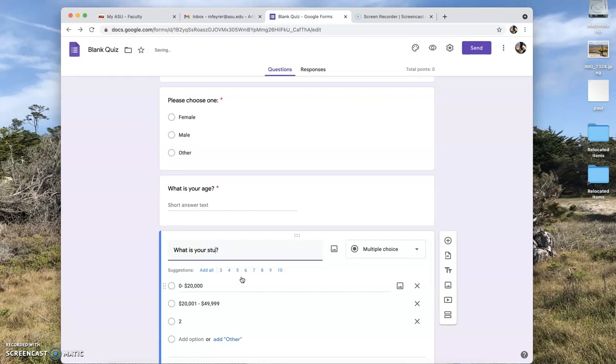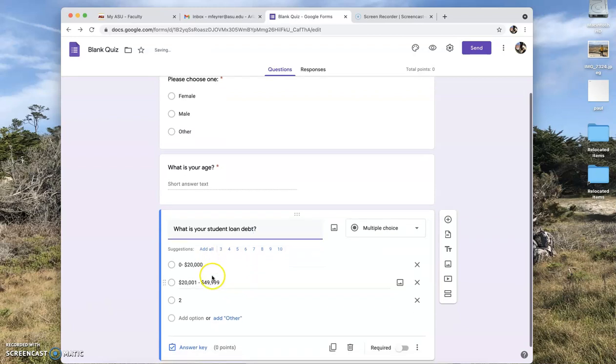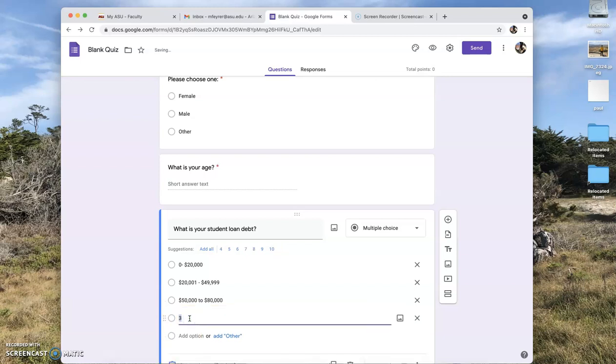What is your student loan debt? Okay. 0 to 20,000, 20 to 49,000, 50,000 to 80,000. I realize I just wrote the word "to," but okay, I'm just kind of being generic now. 81,000 to